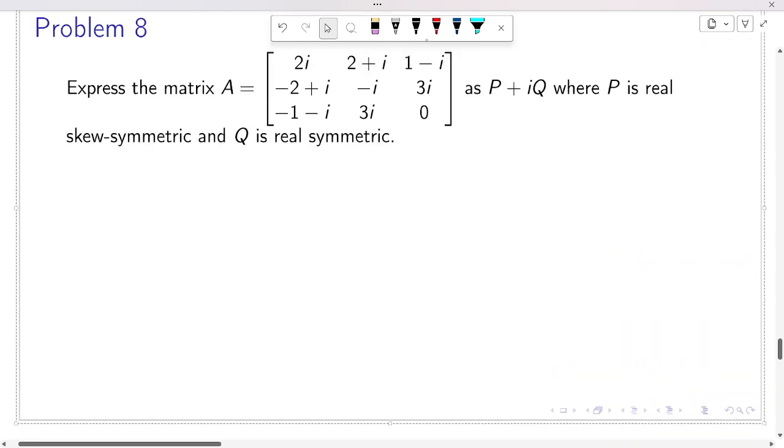Express this matrix as P plus iota Q, where P is skew symmetric and Q is real skew symmetric. This is also one of the simplest problems of this exercise. So what is this matrix? This matrix is